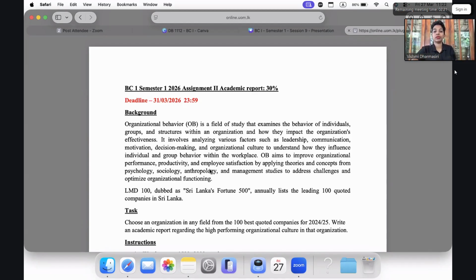Okay, so when you choose a topic, like when you choose a company, you will realize which areas are stronger and which areas are lacking. Okay, so that means, for example, when we say,